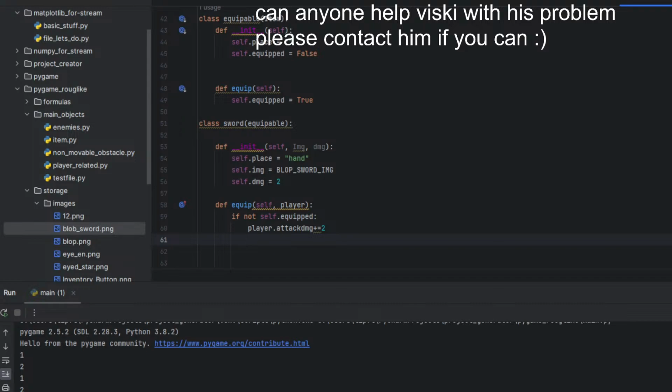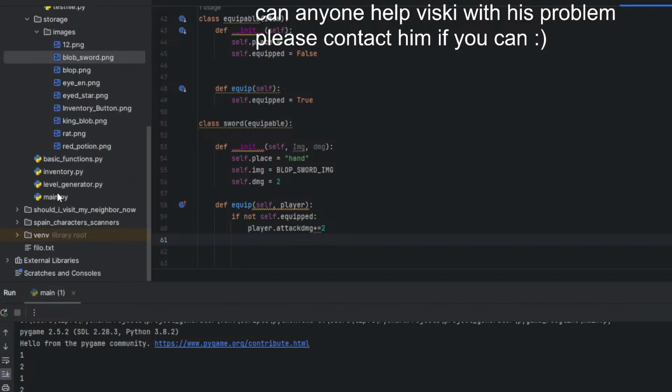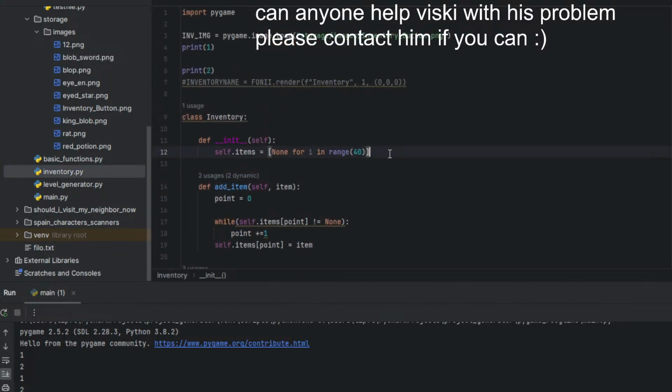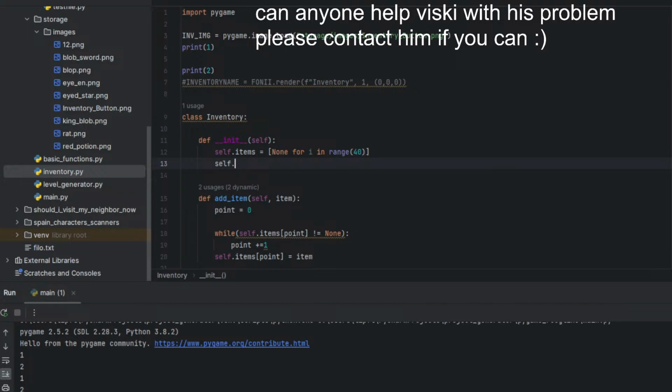Now we need something in the inventory, like inventory.items, self.hands equals false. And why are we doing that?